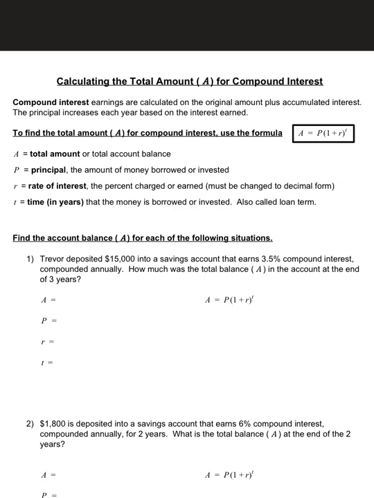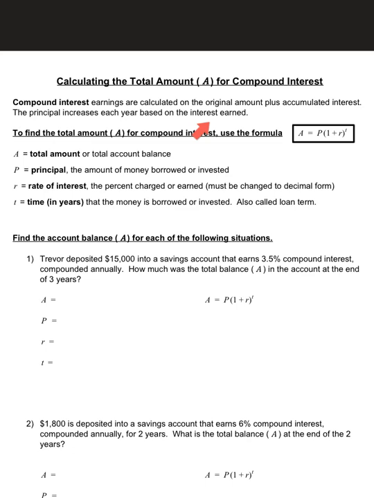In this video, we're going to be calculating the total amount A. Again, A is like in the simple interest, but this time it's for compound interest. Compound interest earnings are calculated on the original amount plus accumulated interest. The principal, remember the principal is the amount borrowed or invested, increases each year based on the interest earned. Interest was the extra money you either had to pay the bank or the bank paid you for the use